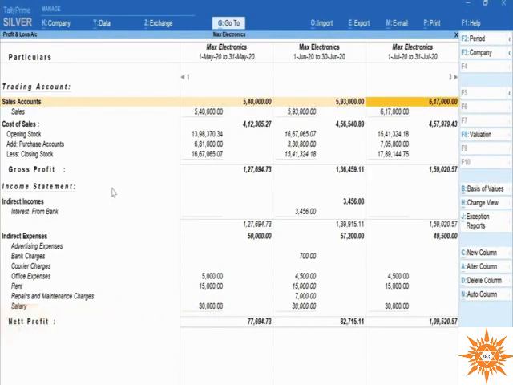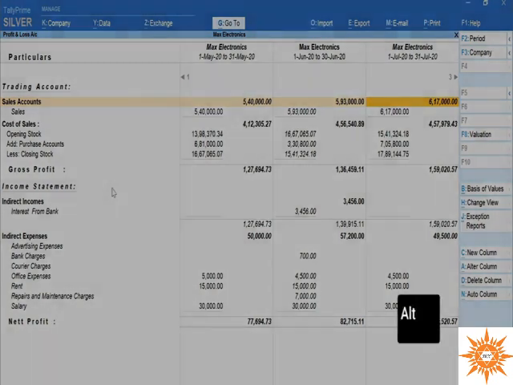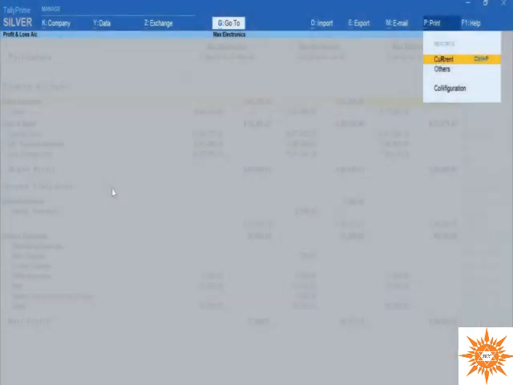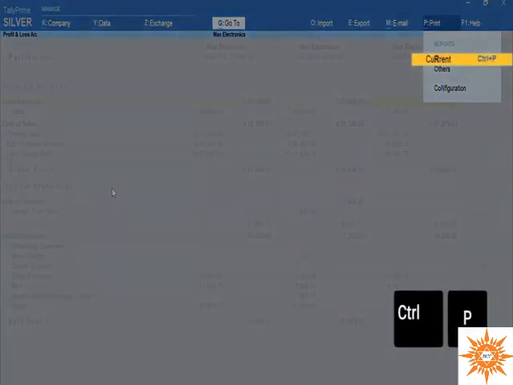Similarly, the display of information in any report can be configured by the user either using the side menu bar or the F12 option. This ensures that you get the maximum benefit of the data that is entered and, more importantly, change the display of information to suit your needs. If you wish to print, press Alt+P for print. A tip for you: to quickly print the current report, use the shortcut key Ctrl+P.